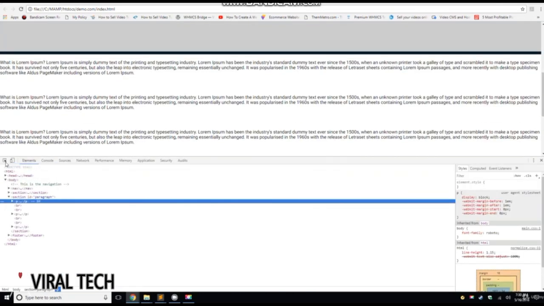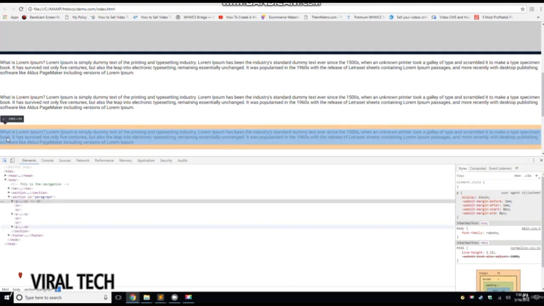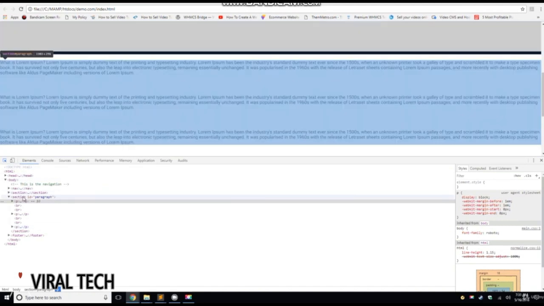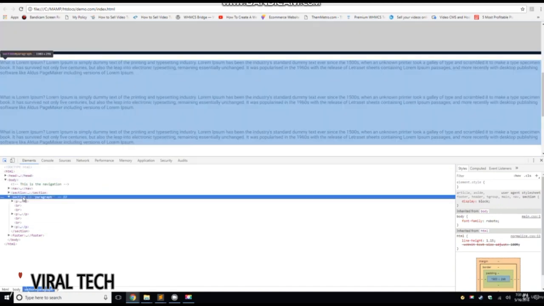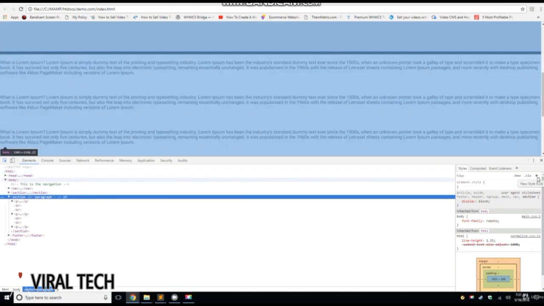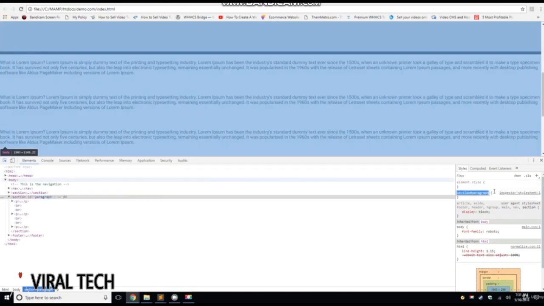Now, if you click this little button right here, this is a select an element on the page to inspect it. Okay, so if we were to click here, it's going to show the paragraph. The other thing you can do, which is an easier trick, is do section ID right there. And what we can do